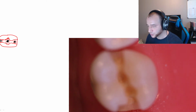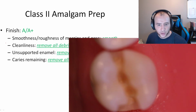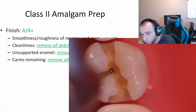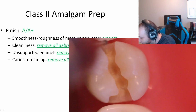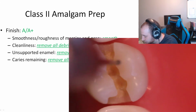Now, once you're at that stage, you could take your slow speed round burr here, and start removing the caries. Be careful, right? You want to be very, very careful because you want to leave, remember, the evidence of where your initial prep was. You don't want to damage that. So you see this here,